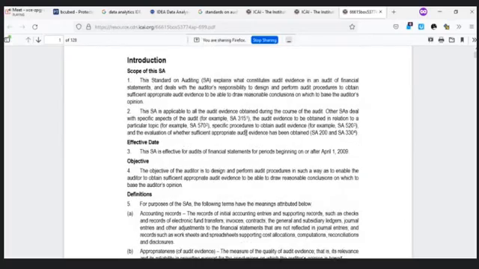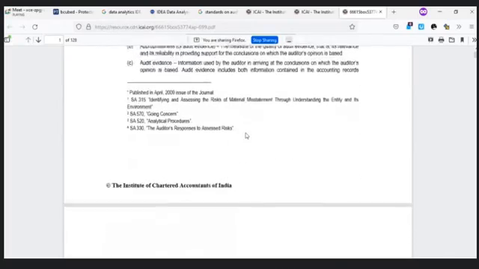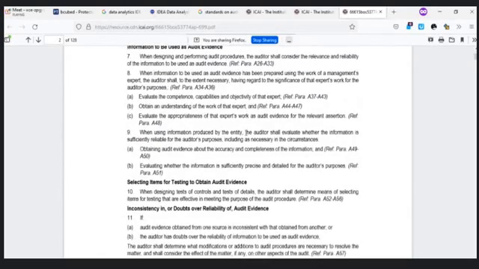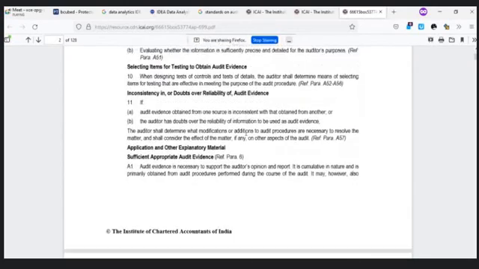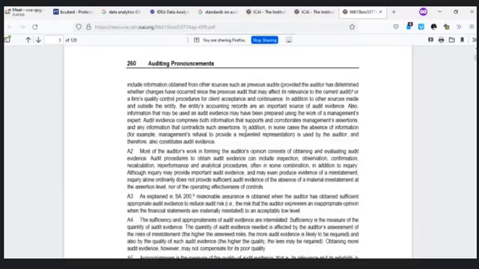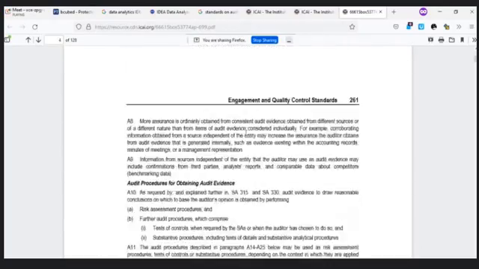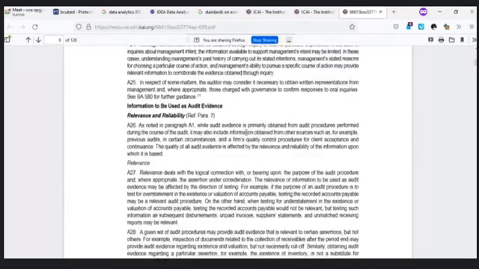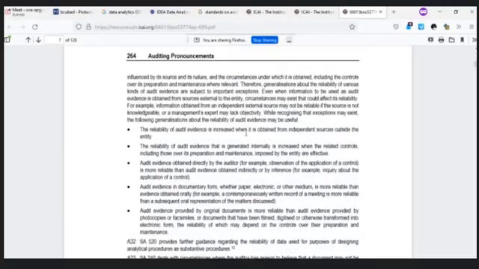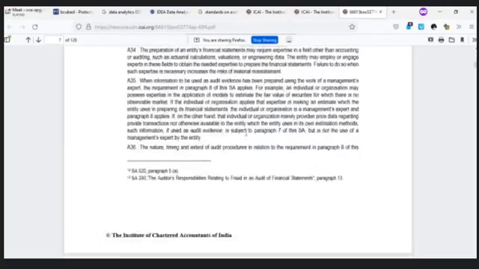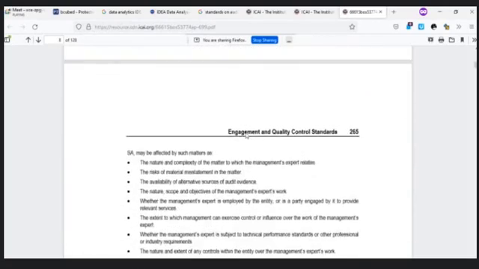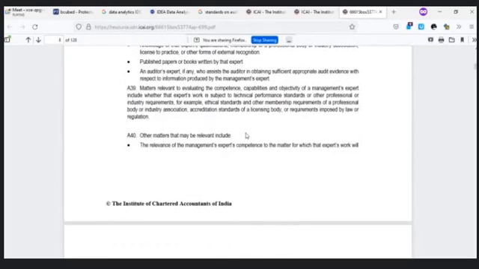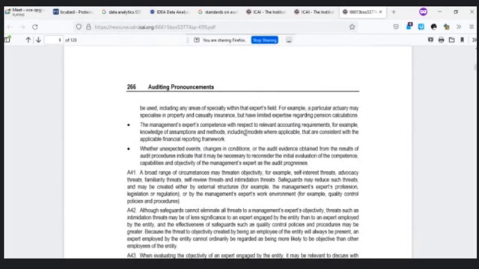In SA 500, this is where the whole definitions are, the requirements, what is sufficient, appropriate audit evidence. Everything is described individually, and it goes on and on. It's so detailed that even CA final students do not need to go through this. It is that detailed, and it is more practical oriented. Now, if you come back to